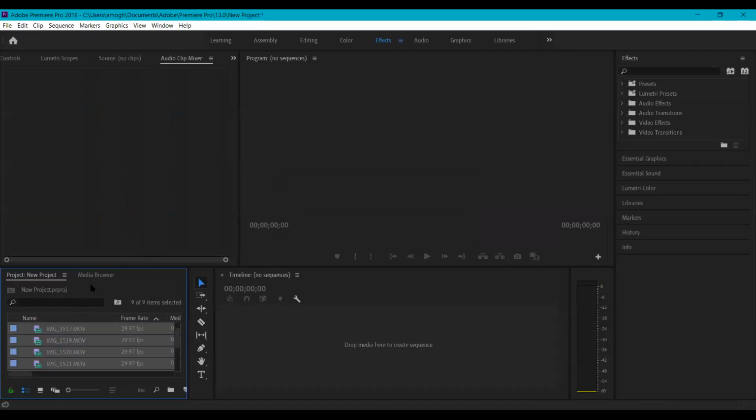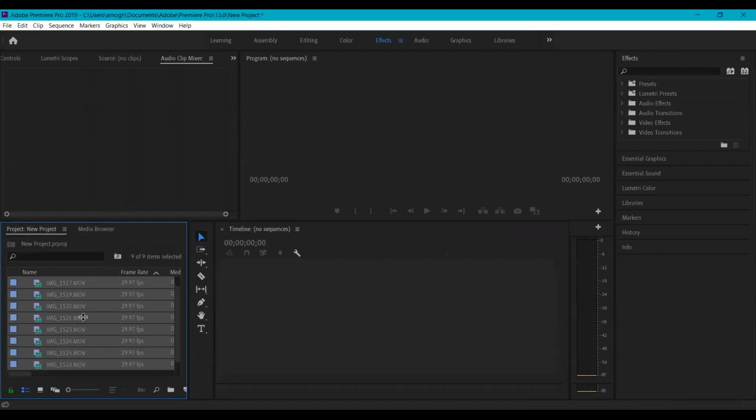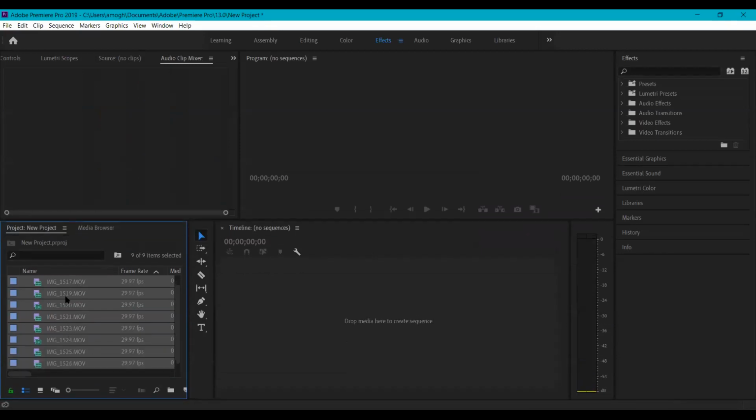Once you import all your videos, they will be available here in the media browser list. To start editing your video, you just have to select the clip which you want to begin with and place it here into the sequence.